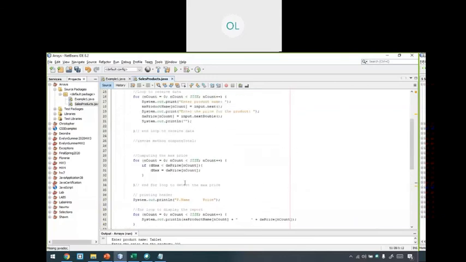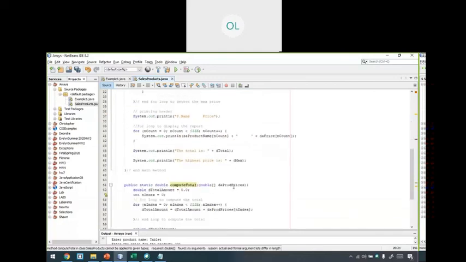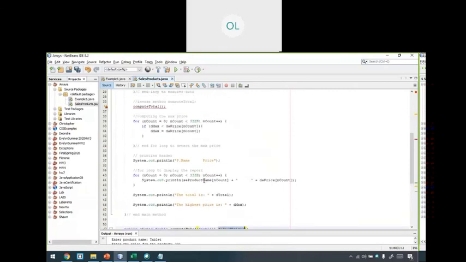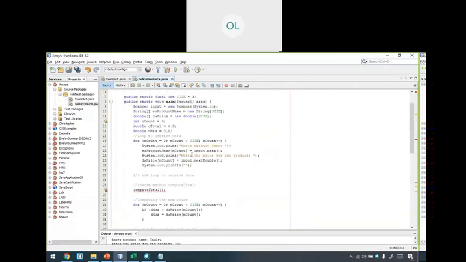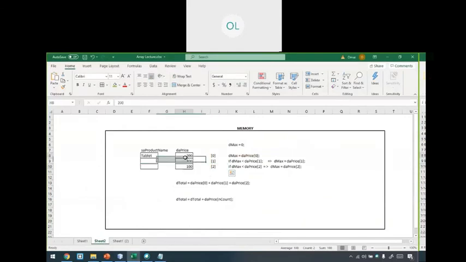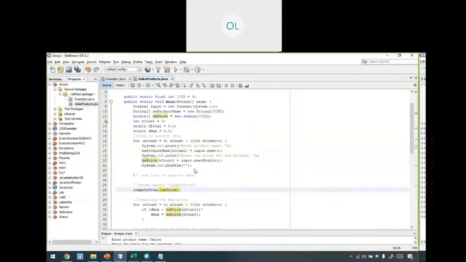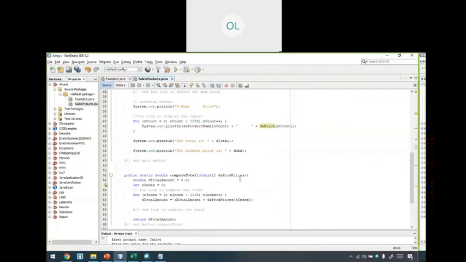Call the method compute total, and this method is going to receive an array, right? An array of double. What is the array that has the information here? DA price. So the array with the prices that you already have here, you're going to pass to the array DA product prices,